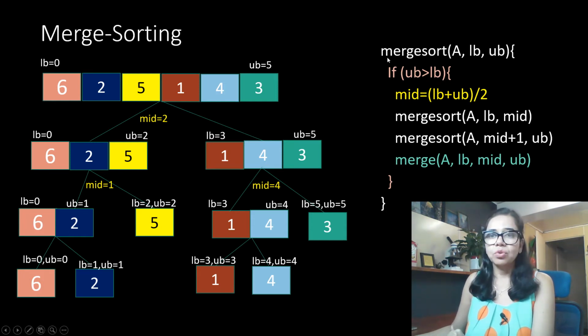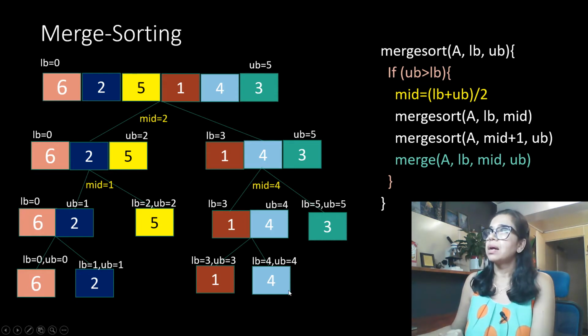So we have a function called merge sort, and we will pass 3 arguments to this function. One is the name of the array and its lower bound and upper bound. And as long as this condition of upper bound being greater than lower bound is true, we will find a midpoint, and then we'll split the array at that point. And then we recursively call this function for each of the subarrays until we reach the bottom of this